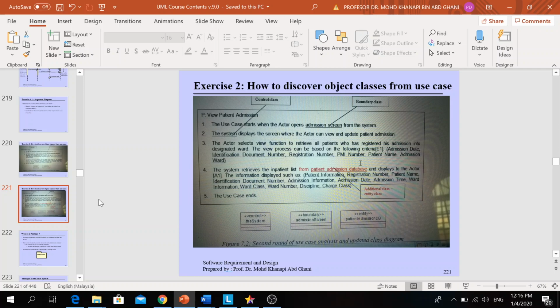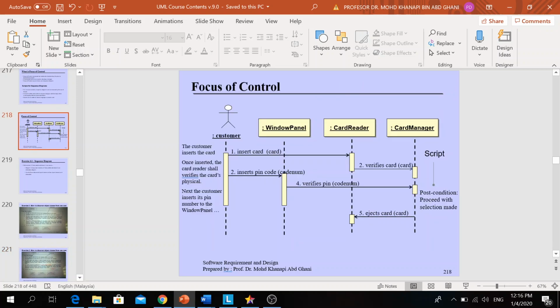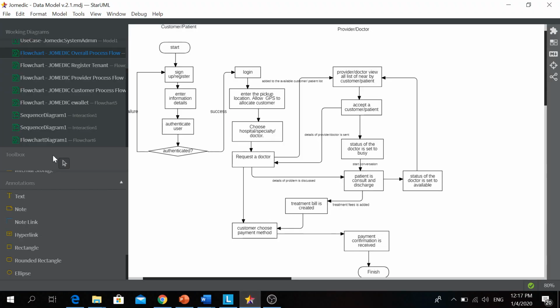So from the sequence diagram, we know that the customer relates to the card reader. Customer will insert into the window panel, and the window panel will interact with the card manager. Card manager will interact with the card reader. So from the sequence diagram we can create the class.